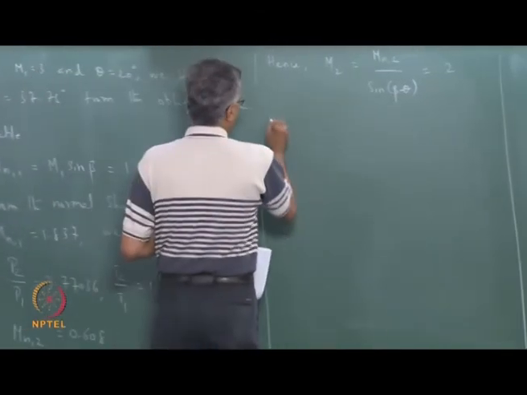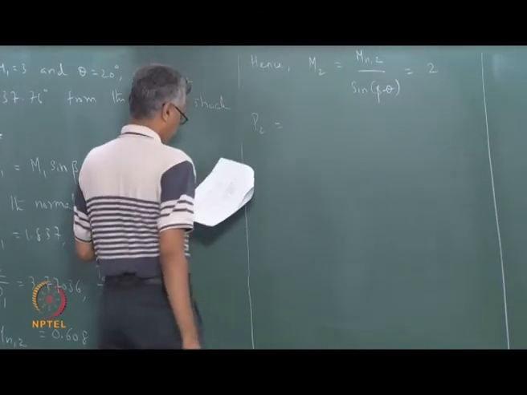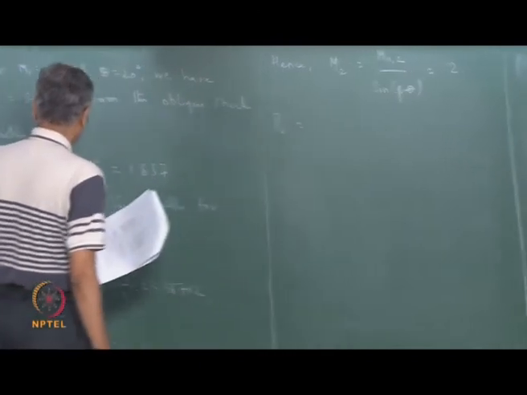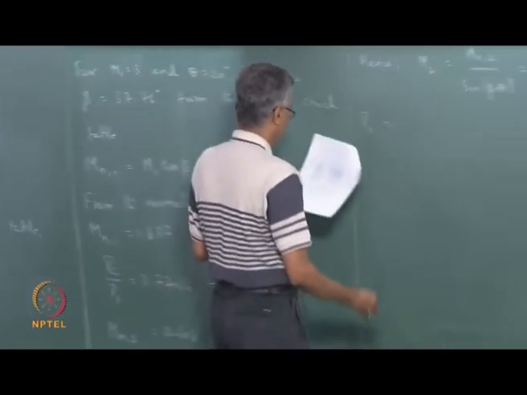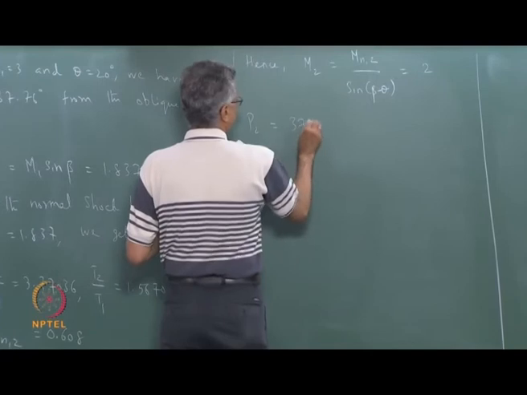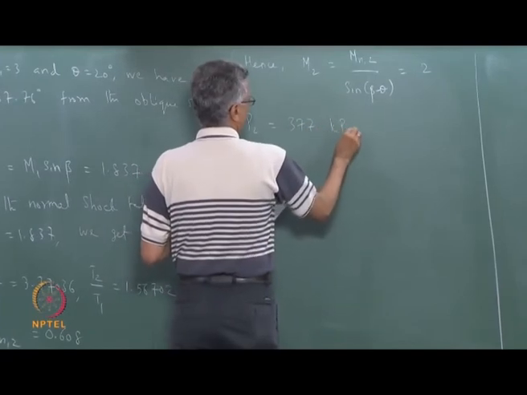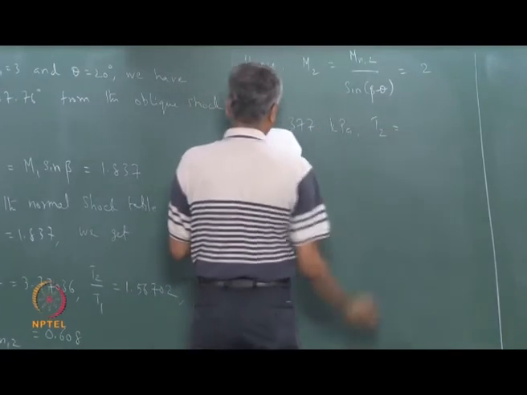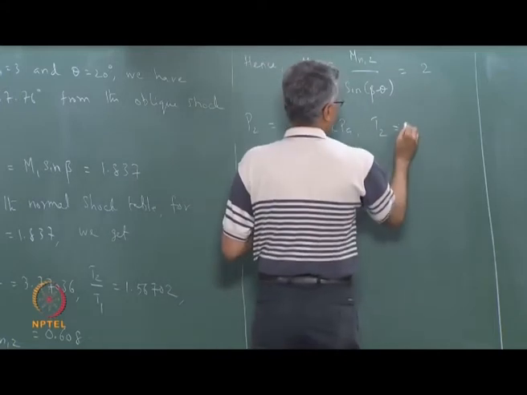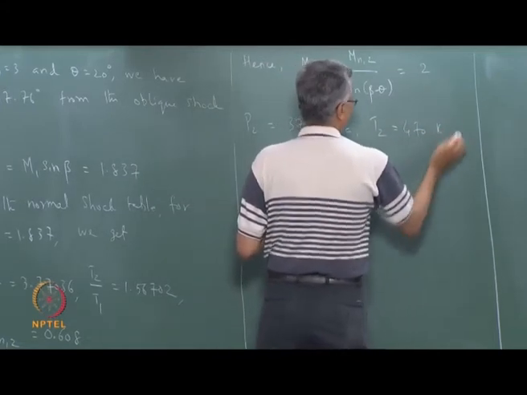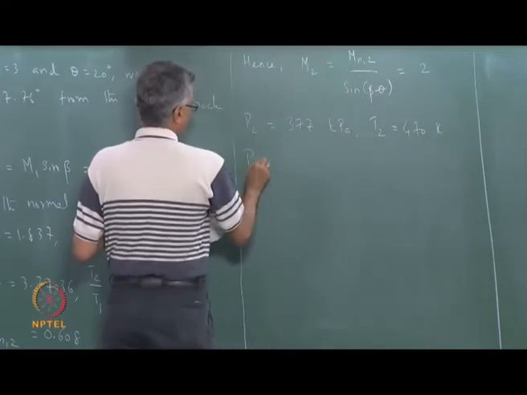And P2 can be calculated. P2 over P1 is equal to this. So, P2 is 377 kilopascal and T2 is equal to 470 Kelvin. Now, P02